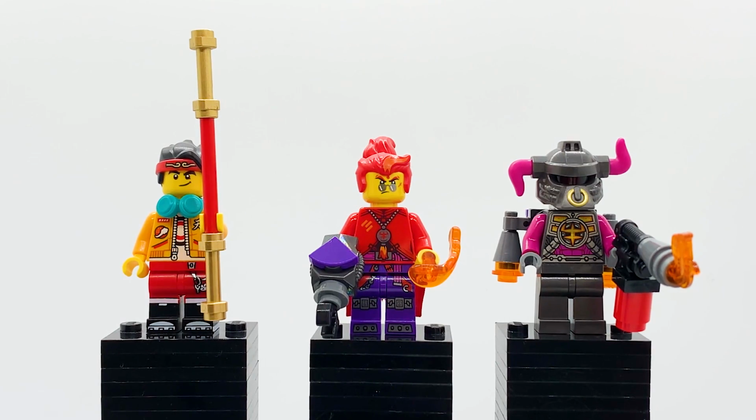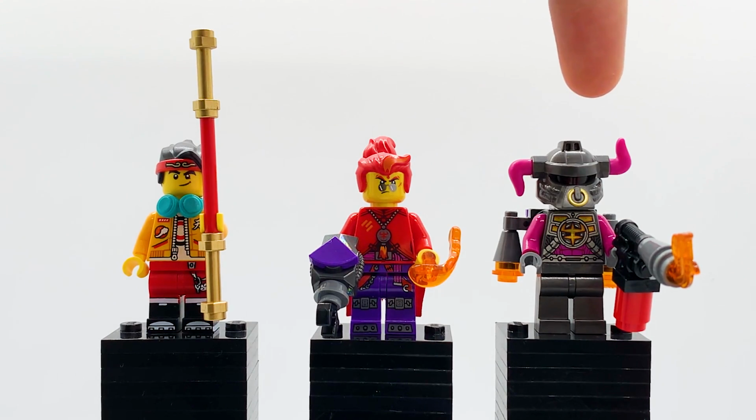Okay, well, moving on from all that, here are the minifigures included in this set. We have Monkey Kid, we have Red Sun, and we have Bob, who's just one of the generic bull villains from the first season. Interestingly, this seems to be the only set from this wave based on the first season of the show. I haven't seen the show, so I can't speak to this, but this is the original version of Monkey Kid with the headphones and the white undershirt instead of the blue with the hood. And this always had to come with one of these bull villains instead of one of the spider villains,